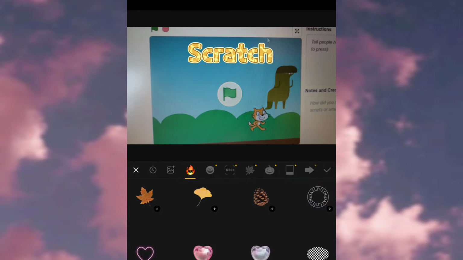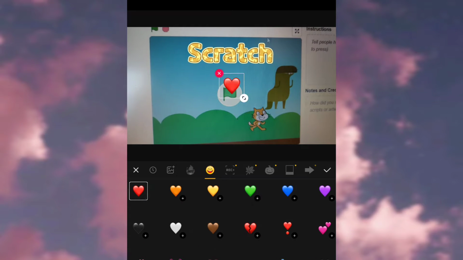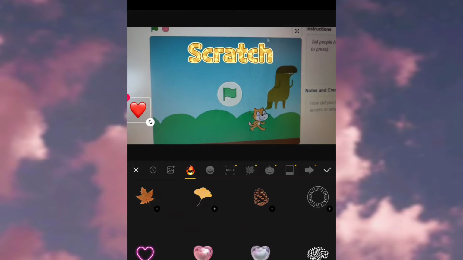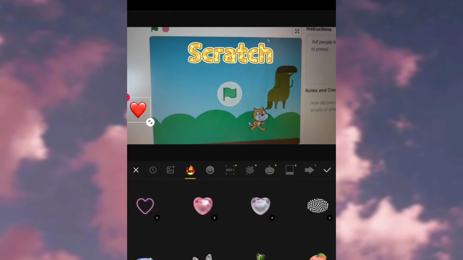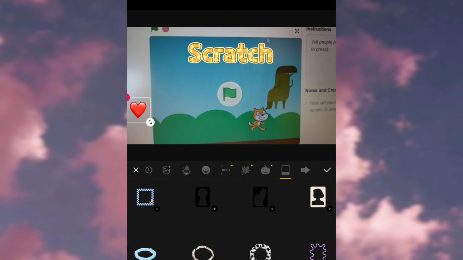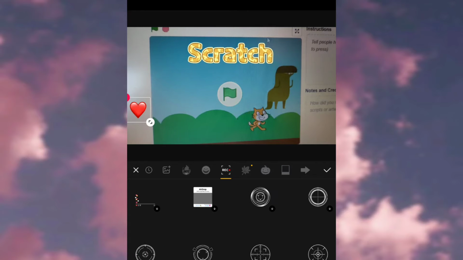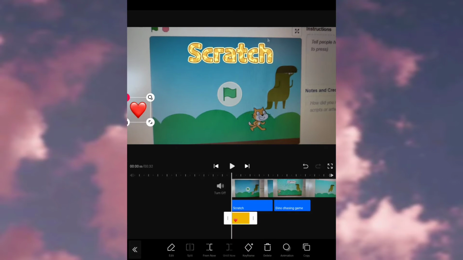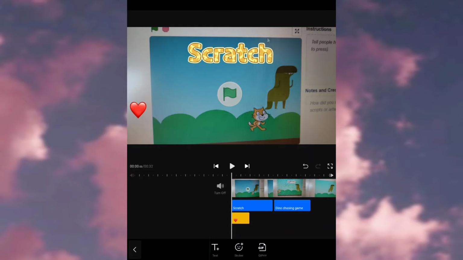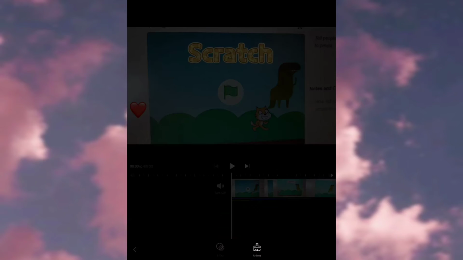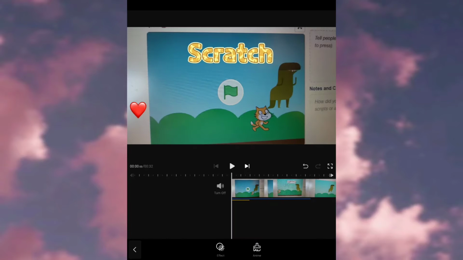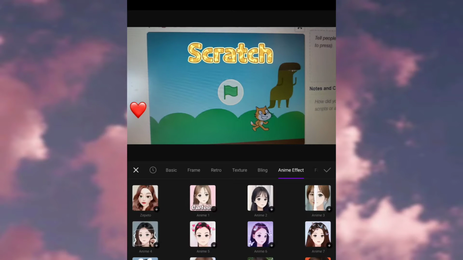Now if I want to add some stickers, I can click on the sticker button and add some emojis, some stickers, even some gifs. If you want, you can add it, and many more. You can add a recording blur, which is really good, I thought. There is a gif called recording blur, which means it will give you a blur effect. It has anime effects also.